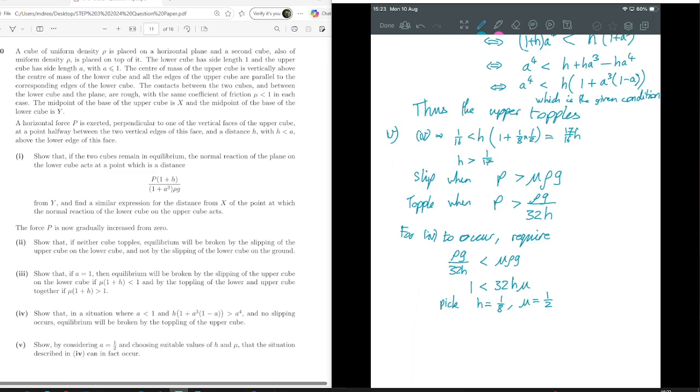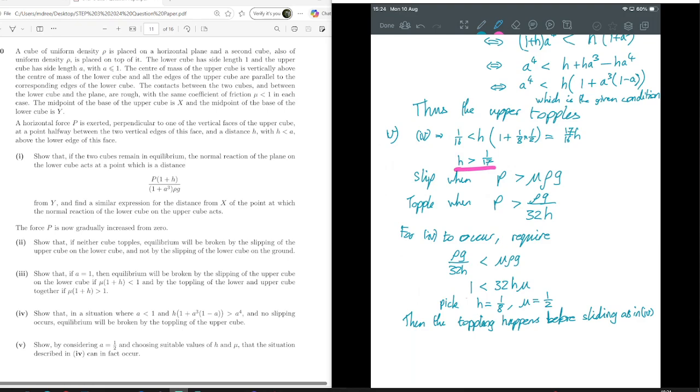Then the toppling happens before sliding, as in part 4. So we actually had a lot of choice on how we pick these. This condition is basically saying that the h and the mu have to be big enough that their product is bigger than 1 over 32. And this condition